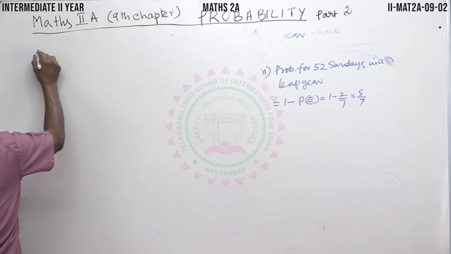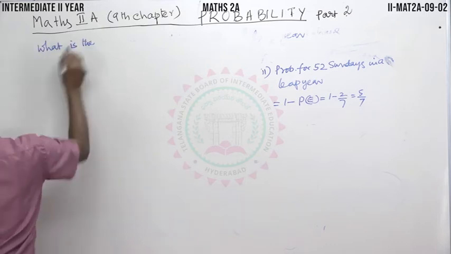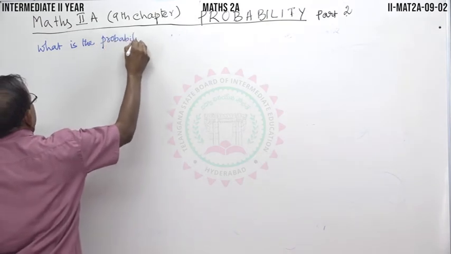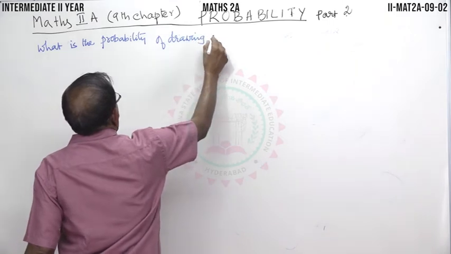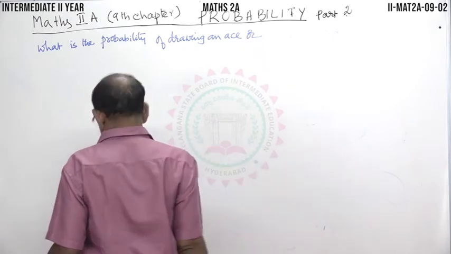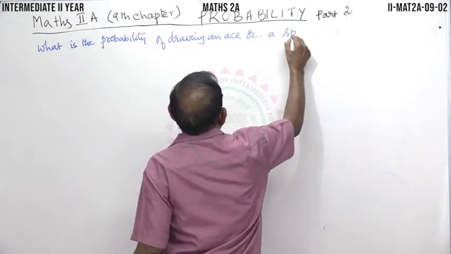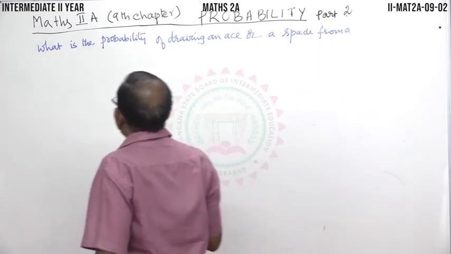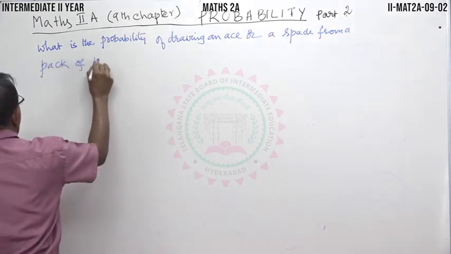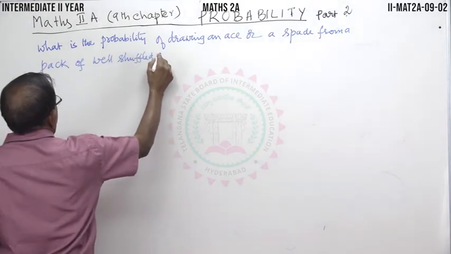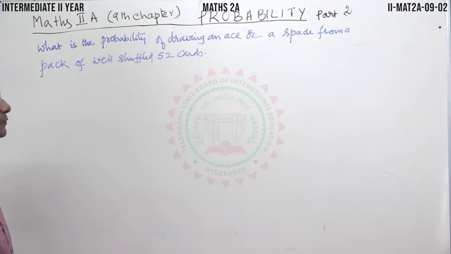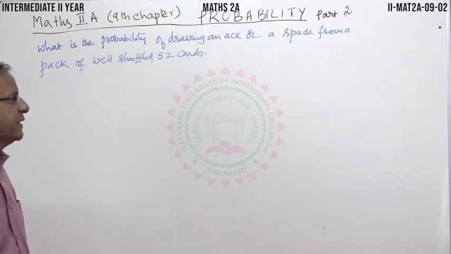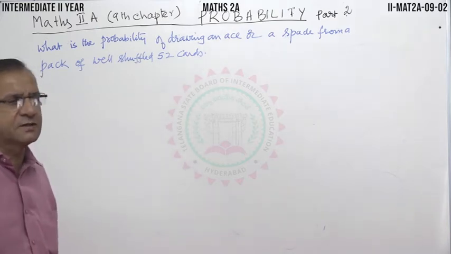Next question. What is the probability of drawing an ace or a spade from a pack of well shuffled 52 cards? Now, if you draw a card from a pack of 52 cards, what is the probability for getting an ace or a spade card? You know that 4 aces are there in a pack of cards and 13 spades are